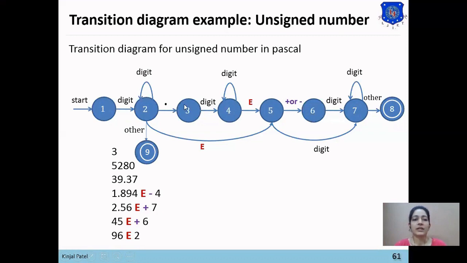Now if you want to represent the fractional value, where the fractional value is stored is state 4. So what will we do? We will draw one final state from 4. Here you can see that we have created one final state from 4 to 10, and as a label we have given other, which represents null. So final state 8 represents the unsigned number, final state 9 represents the integer number, and final state 10 returns the fractional number.